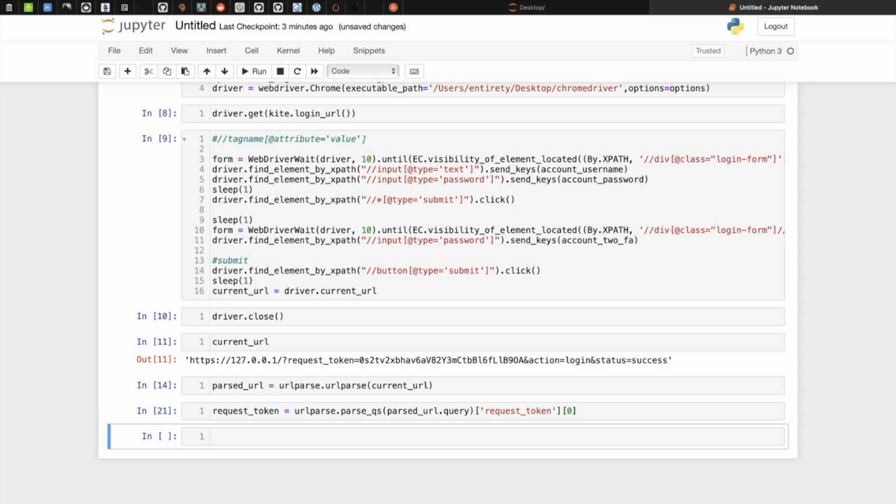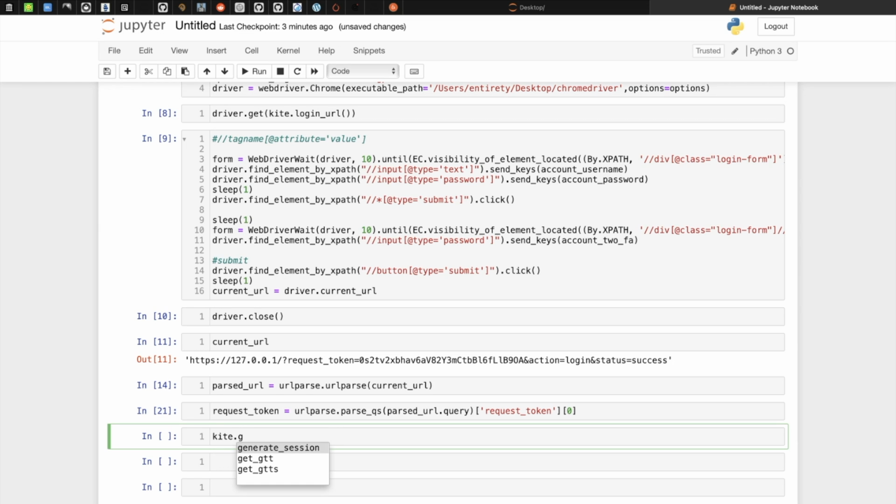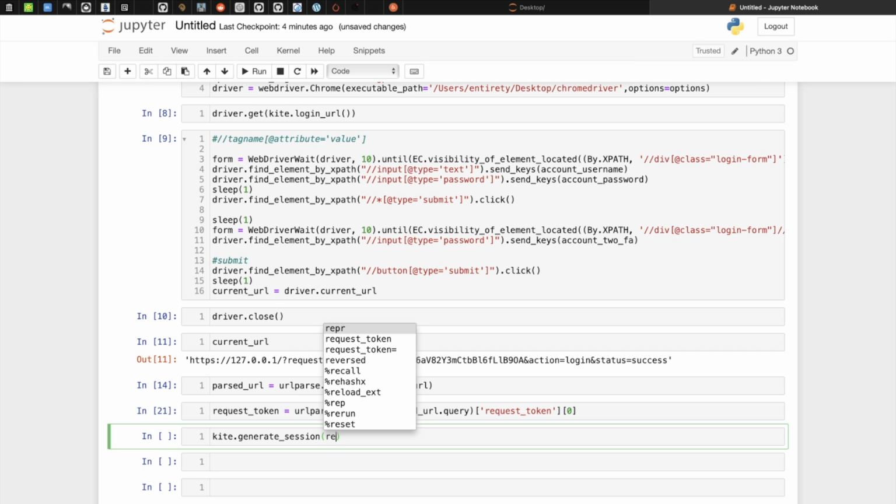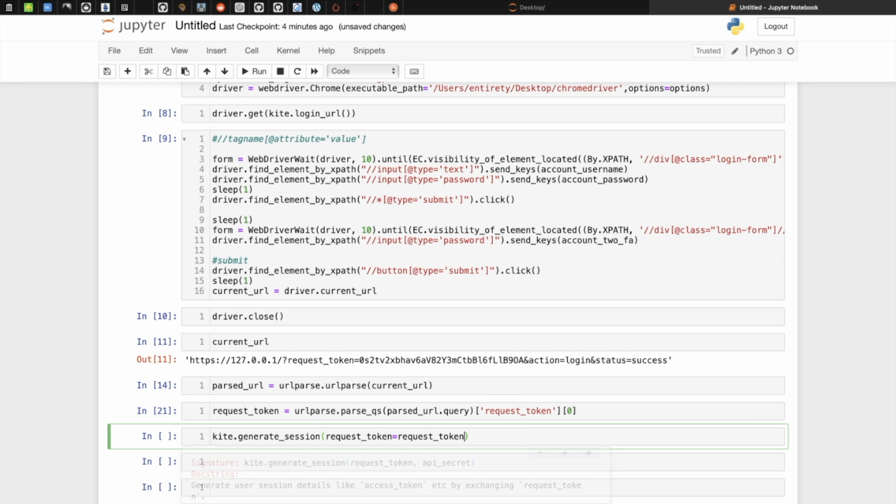Now our next task is to create a session in order to get the access token. So kite.generate_session with request_token equals request_token and the API secret.